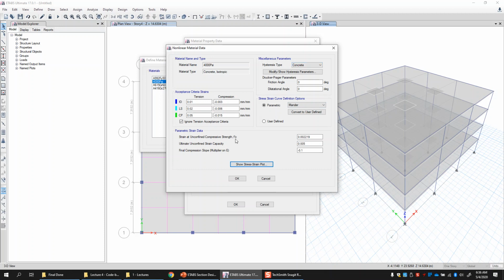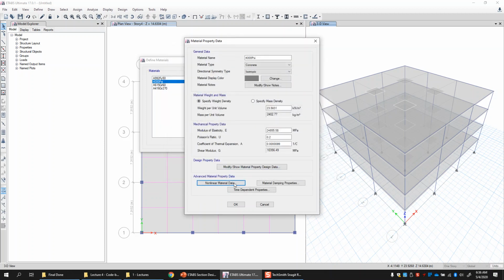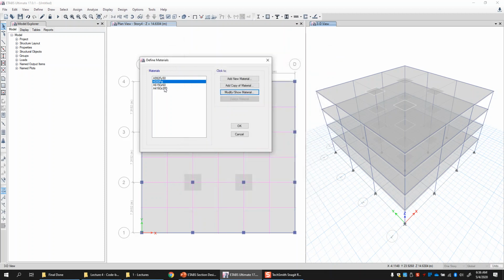Those will be used in the detailed nonlinear modeling of any particular material. So I will not go for these options. I will just click OK, and I will go for the other material here, which is, let's say, this one,